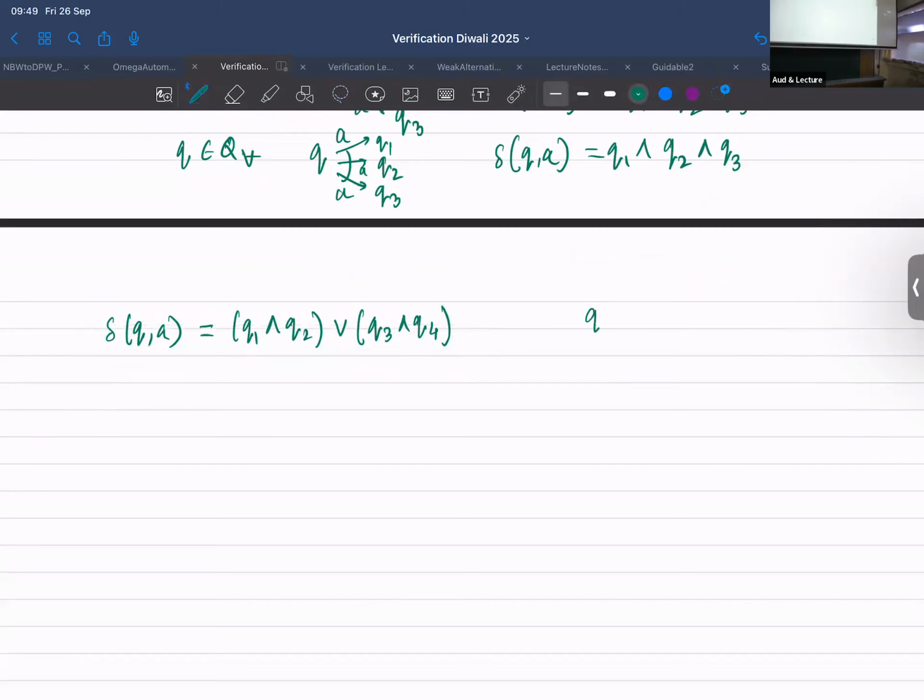As if, starting from Q, I can have two different runs, okay? So Q1, Q2, Q3, Q4, okay? Either the run from Q1 and Q2 both should be accepted, or the run from Q3 and Q4 both should be accepted. Both should be accepted, right? So this is what we are saying, and we are going to follow this most general definition